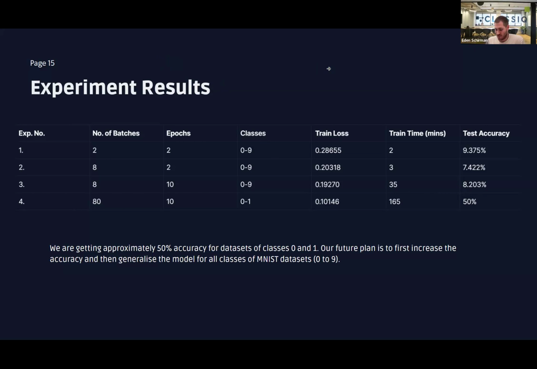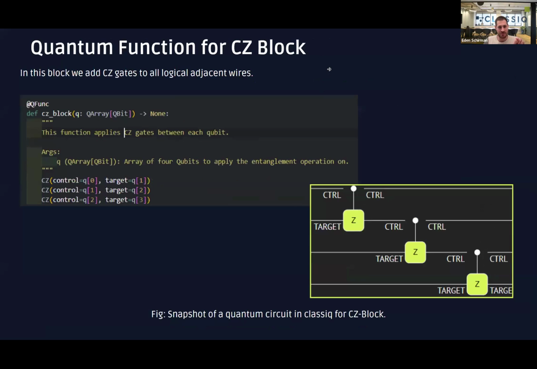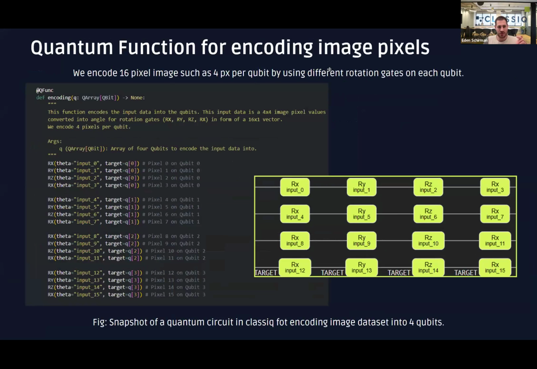Okay, so I have one comment and one question. In the encoding that you have, you encode the data in four rotations, one after the other. But I think you're losing information here, because the general rotation on the Bloch sphere is with 2 angles, and here you encode 4 angles after each other. So I think you lose information